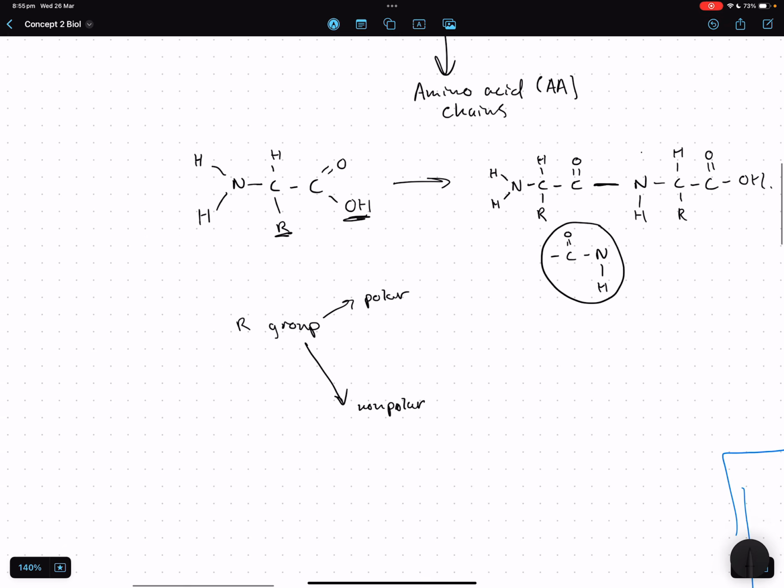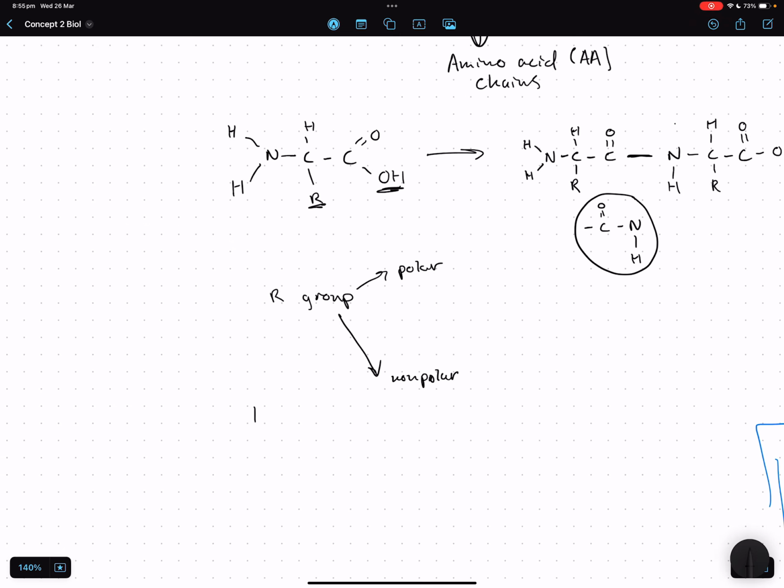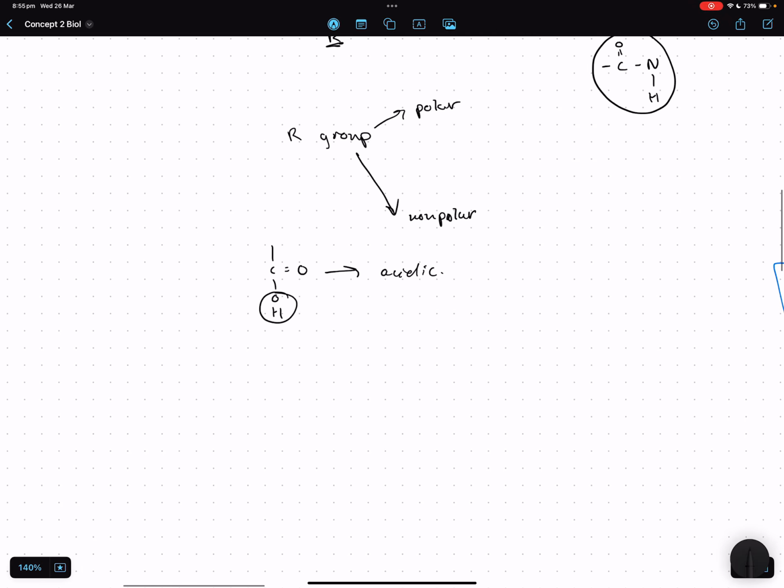If you have an R group which looks like C, O, OH, it's acidic. It's going to form hydrogen bonds with this thing here. But if you have something like a C and an N and an H here,